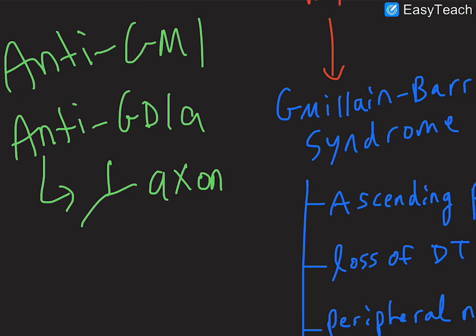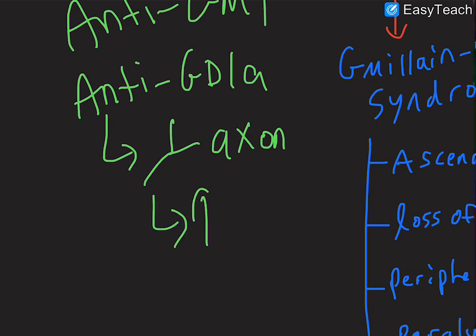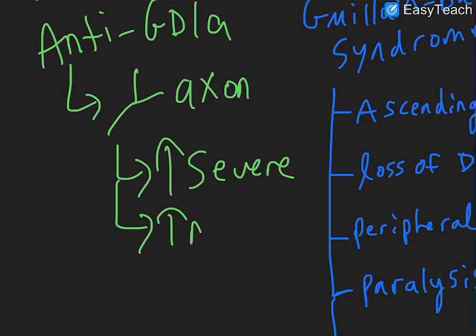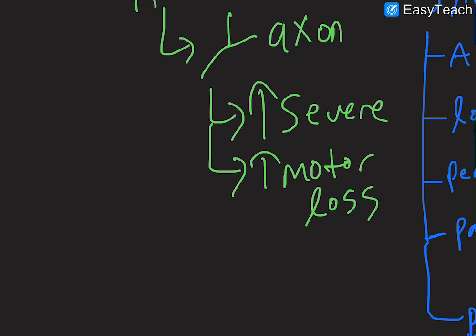So this can lead to a rapid and more severe motor loss. Okay, so that's the anti-GD1A antibodies, and then the other type of antibodies you can get is